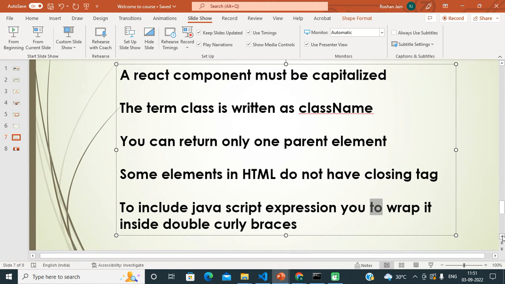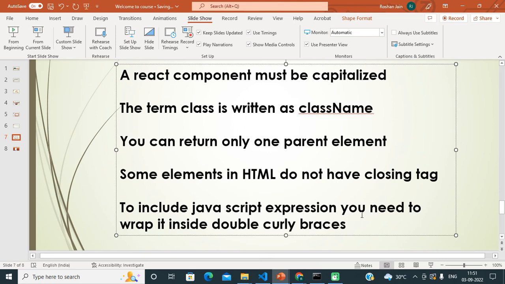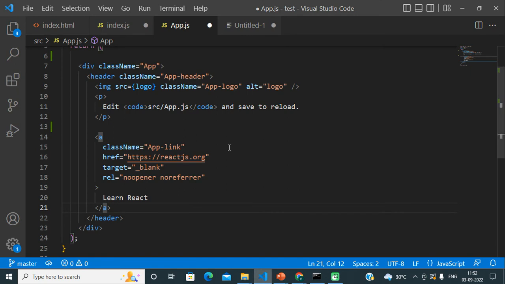Okay, and our last rule, to include JavaScript expressions you need to wrap it inside curly braces. Friends, I have made some small mistake here. So basically to include a JavaScript expression, you need to wrap it inside curly braces. This is another important rule in JSX.